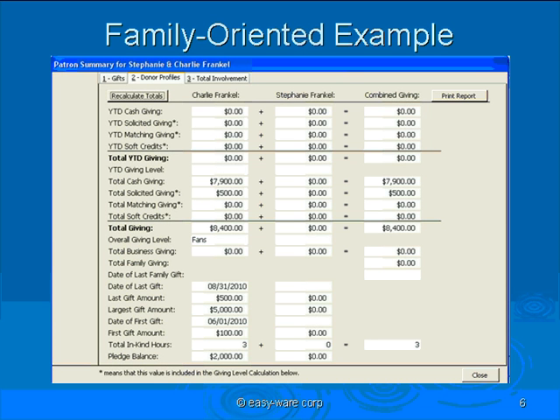This is a screenshot of the giving screen on the donor profiles, and we're using Stephanie and Charlie Frankel as an example, and how much they each gave or where they gave and how that happened within that particular family. This particular product also gives you the total of in-kind hours down at the bottom of the screen, and also if they pledged over the year, they would show a pledge there for them, and we'd be able to send out some notices to them.